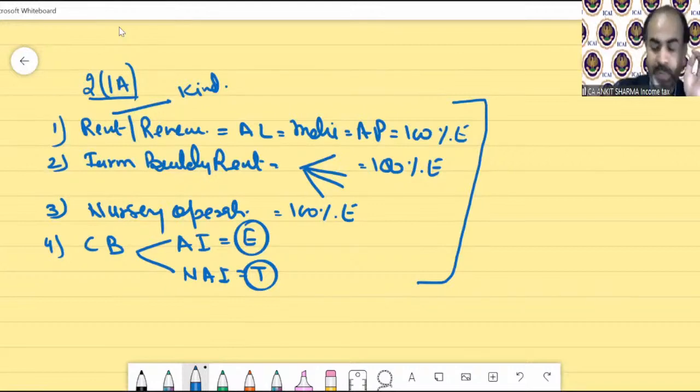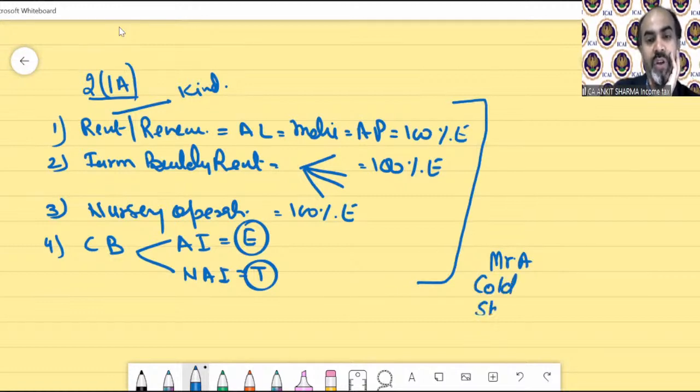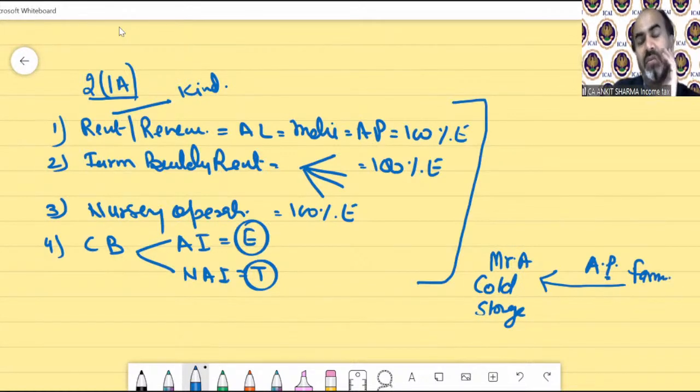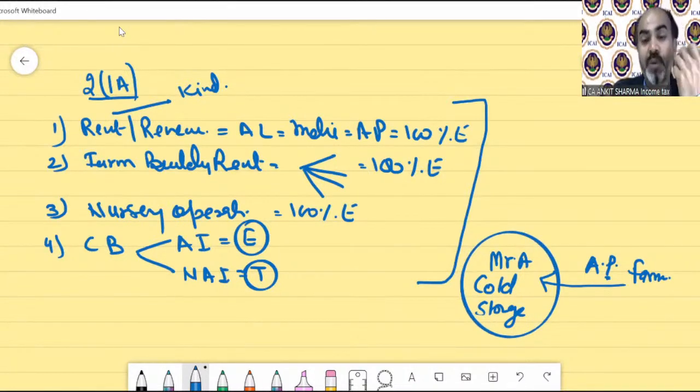Okay, let me ask you, and you should all give me an answer to this question. So if I ask you that there is Mr. A, and he has a cold storage. You all know the meaning of cold storage, of course. And what he does, he takes agricultural produce from farmers, and he puts that produce in his cold storage. So farmer gives him his agriculture produce, and he puts their agricultural produce in his cold storage and charges rent